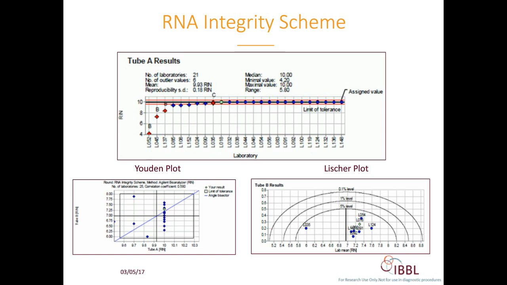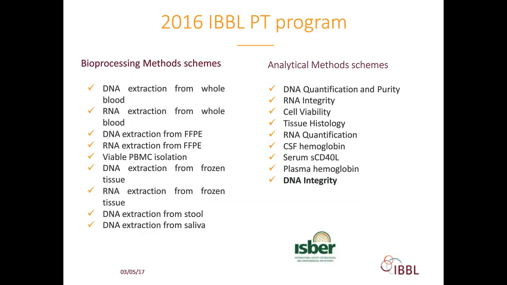In the next slide, we have the list of the processing and analytical schemes that IBBL provides in its annual proficiency testing program. So you can see as bioprocessing methods schemes, there is DNA extraction from whole blood, RNA from whole blood, DNA extraction from FFPE, RNA from FFPE, viable PBMC isolation, DNA and RNA extraction from frozen tissue, DNA extraction from stool or from saliva. And in the list of analytical methods, we have DNA quantification and purity, RNA integrity, cell viability, tissue histology, RNA quantification,